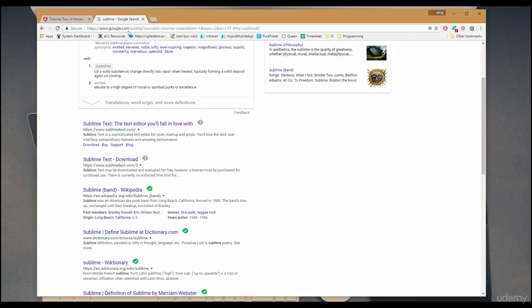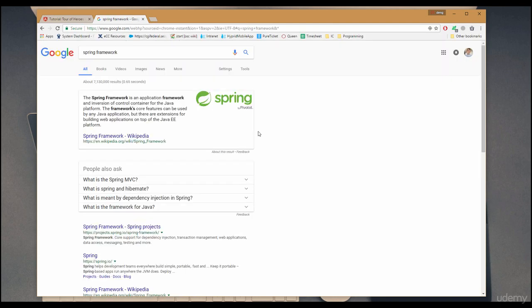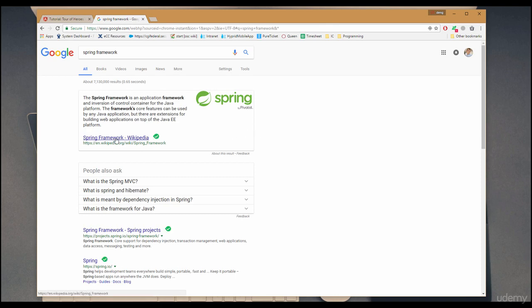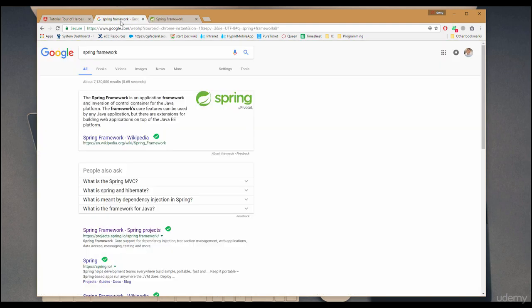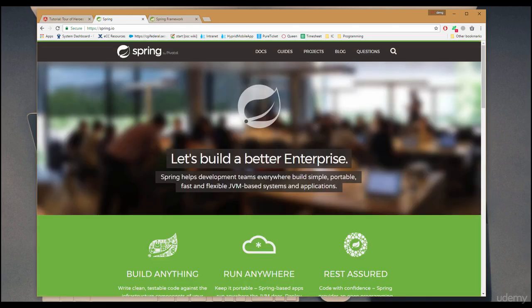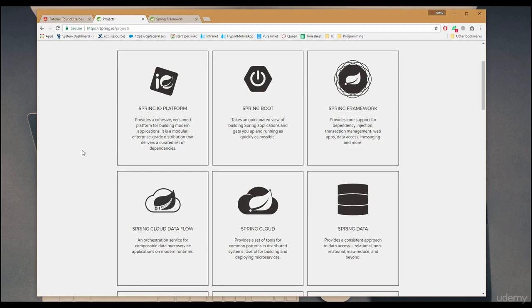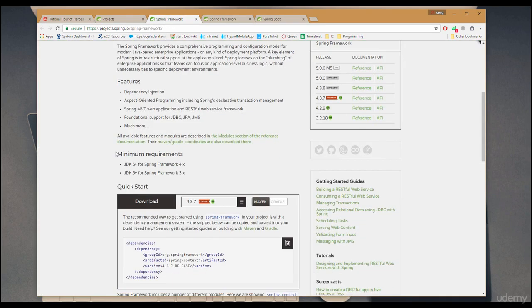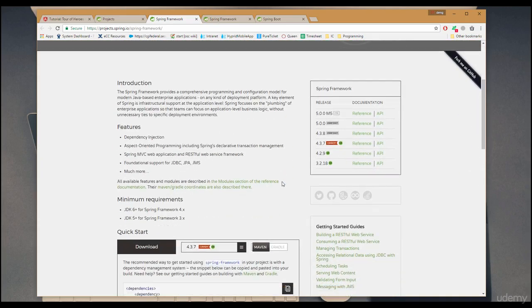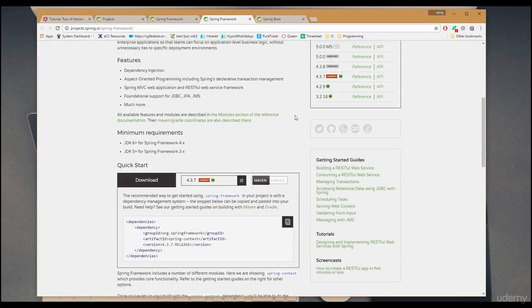And after that, for backend, we're going to use the Spring framework, which is the most popular or the standard for Java web development. So Spring has a lot of projects in its ecosystem. Specifically in our course, we're going to be using Spring framework and Spring Boot and Spring Data, Spring Security, etc. Okay, so you can find all kinds of information for each project and the reference documentations and APIs, which are